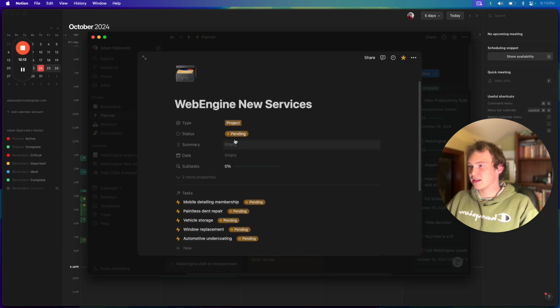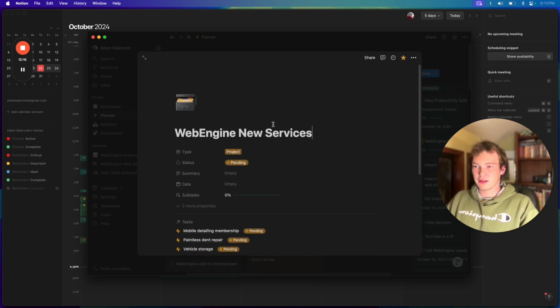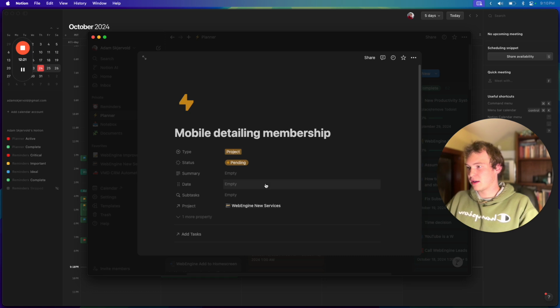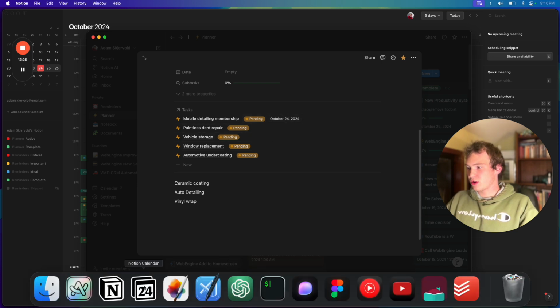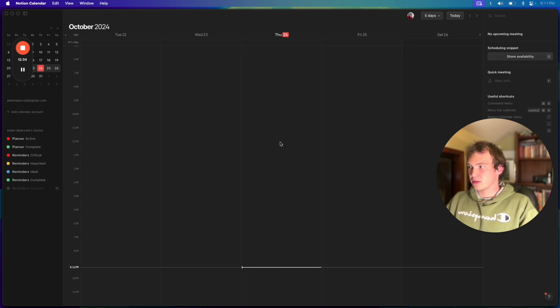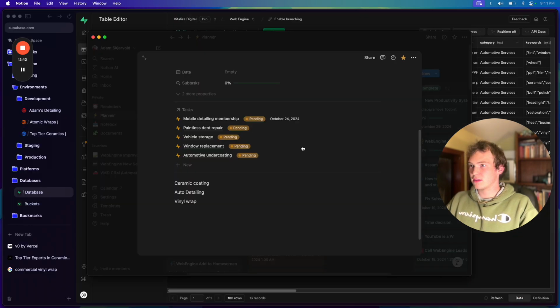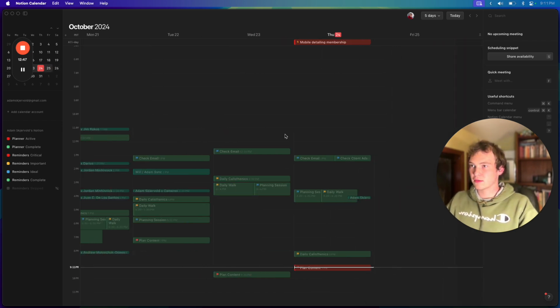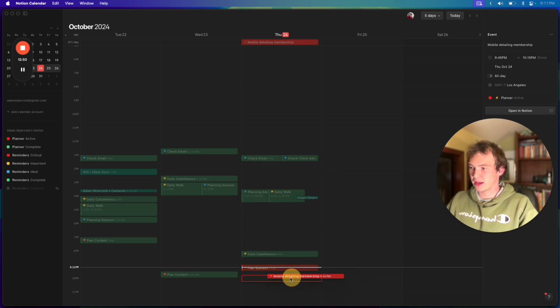One last thing that's super nice with this Notion project database is you can add a bunch of tasks, and then you can set the task to be today, and then when you go back to the calendar, if I hit refresh, then it'll show up right here. If I was using Todoist, this would probably be way faster. And what the heck, now nothing's loading, dude. This is so cooked. But this is just one of those things where it's like, all right, it's not going to work perfectly all the time, and you just have to be okay with that.